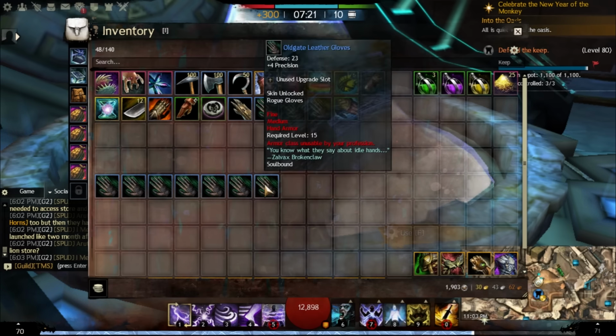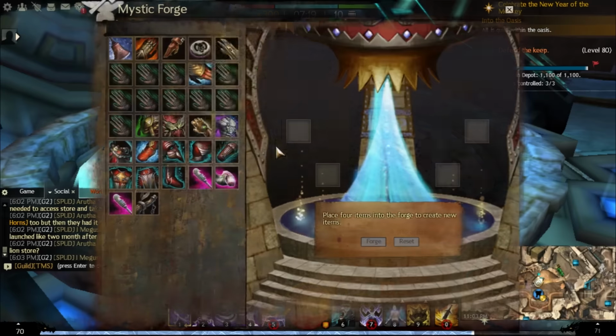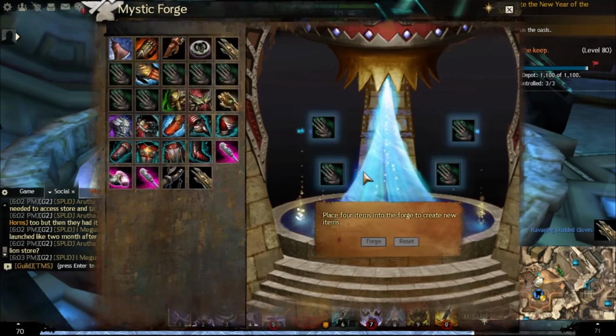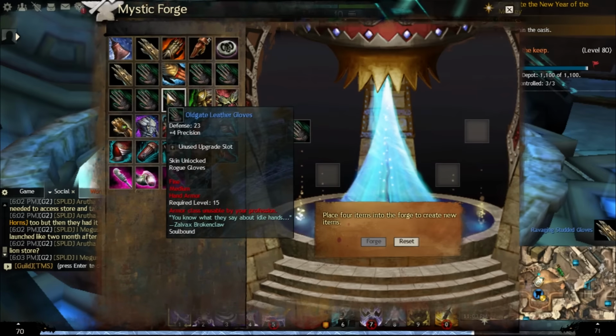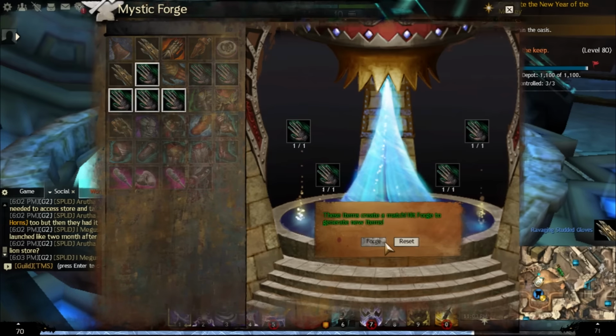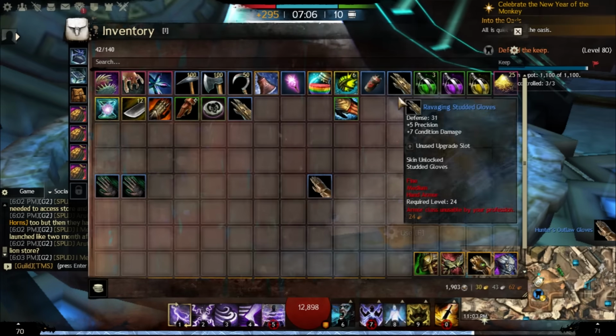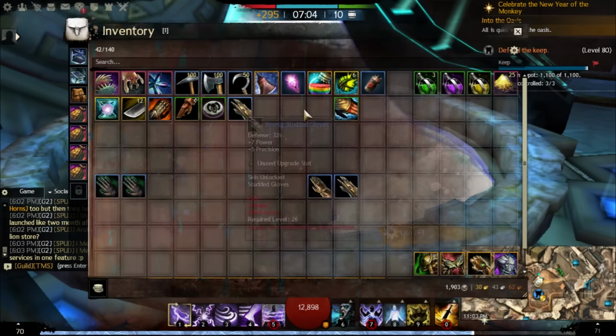However, with this new method here, with these leather gloves, same thing. We're going to drop them into the Mystic Forge. This time we can do 2 rounds though. And remember, you can press F to cancel the animation. Right? So now we have 2 of these. And the cool thing about this is...